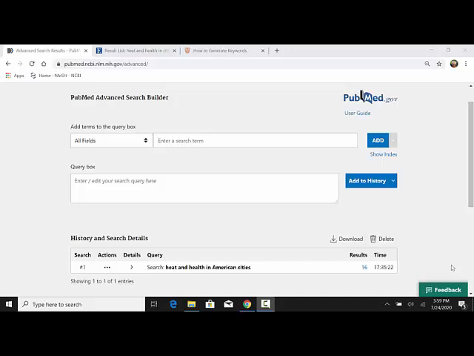Let's explore how to create successful database search strategies. Here you see the database PubMed, which indexes 30 million plus articles, and I've done a search on heat and health in American cities, and out of those 30 million indexed articles, it's only found 16, as you see in the search results. That's because PubMed, like a lot of databases, isn't great at extracting relevant articles from natural language